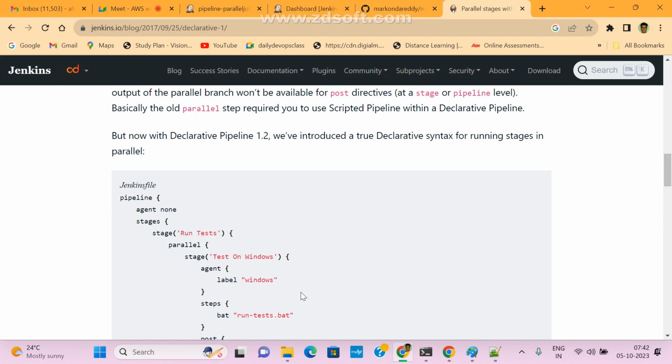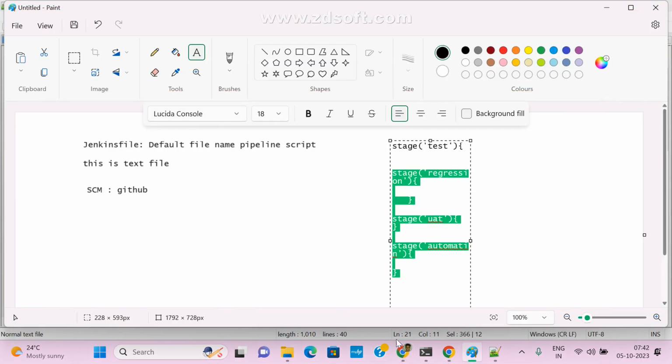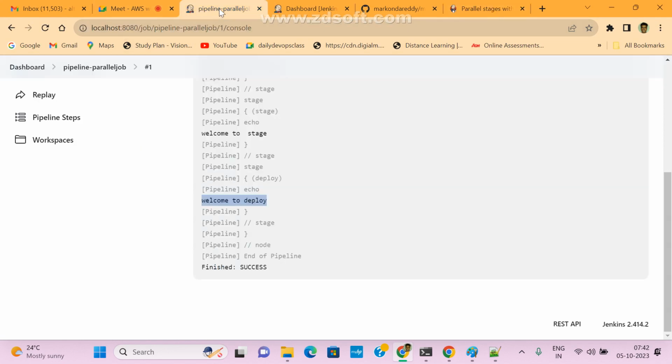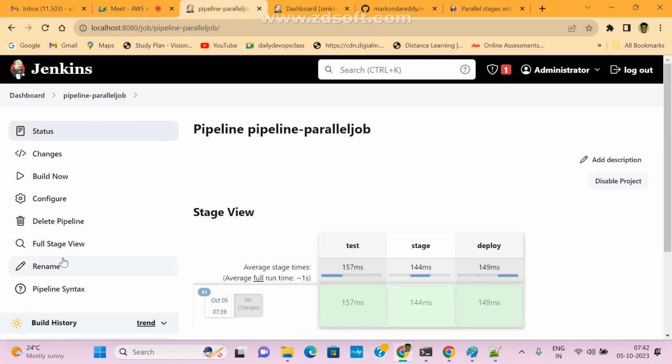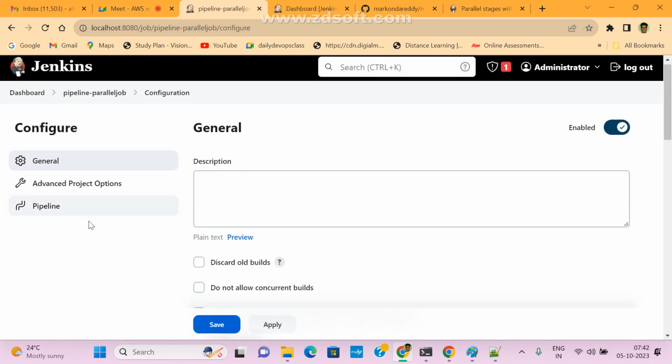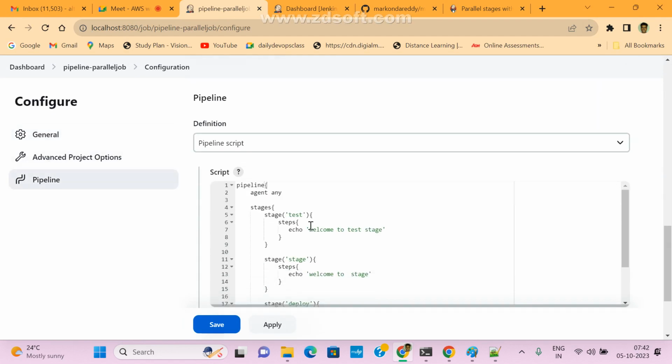Now I am going to implement the same. I am going to update the same script so we can easily understand. Now go to here. Just update. See here, under this are the stages, right? Now just assume there is one stage, and under the stage I'm giving test. So here I want to run